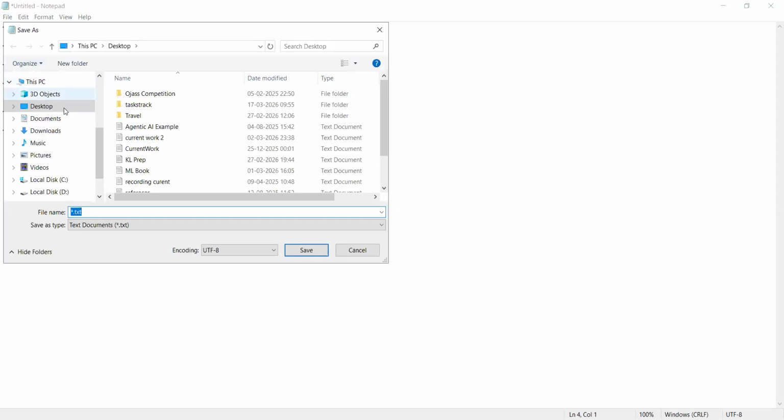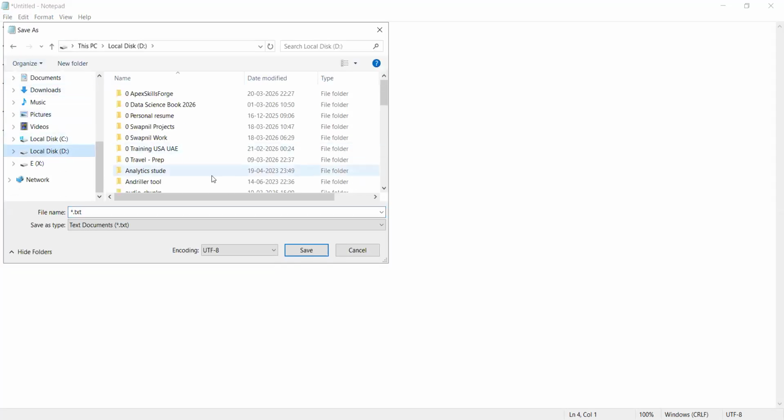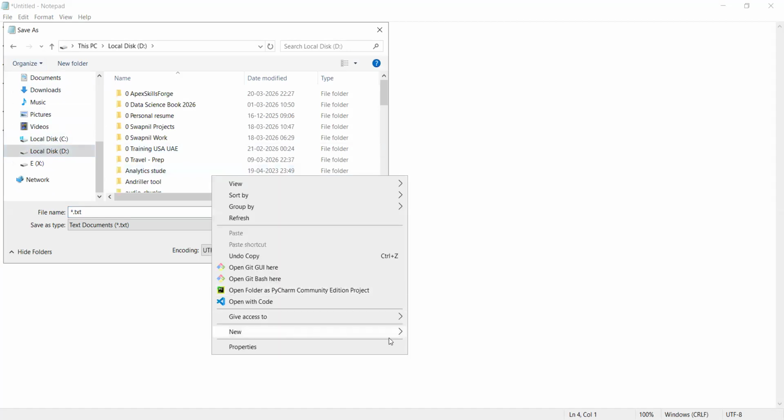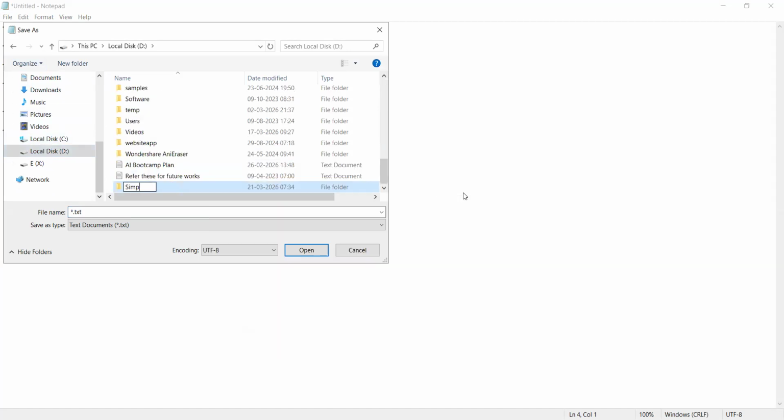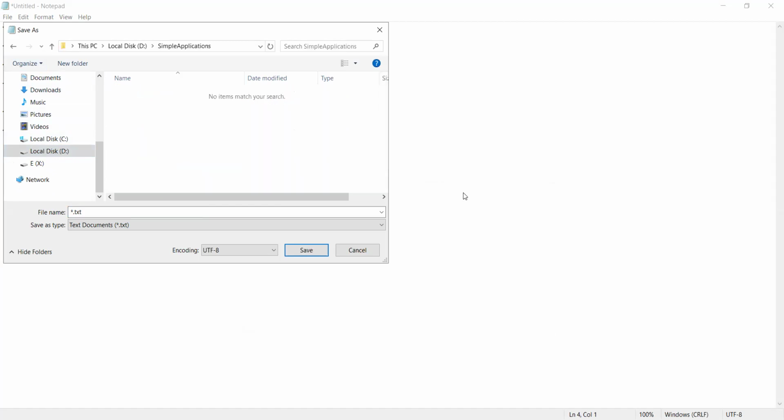Okay, and I'll go to the D drive, and here I'll say simple applications. Now here, I'll select all files, and then within quotation marks you give it a name. So, what do you want to build here? Do you have any idea, anything that you want to build? Simple web page kind of thing. So how about building